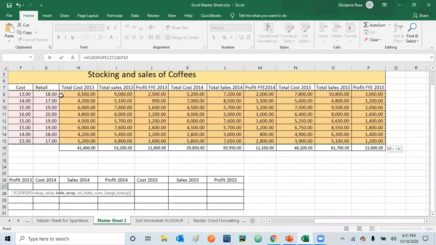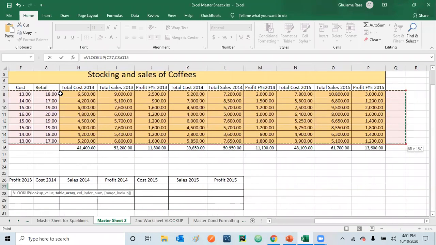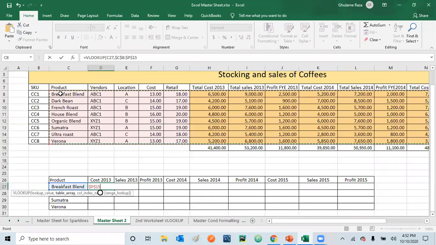Once I select the table, I just need to press F4. After table array, once you select it, put comma, and then it says column index number.